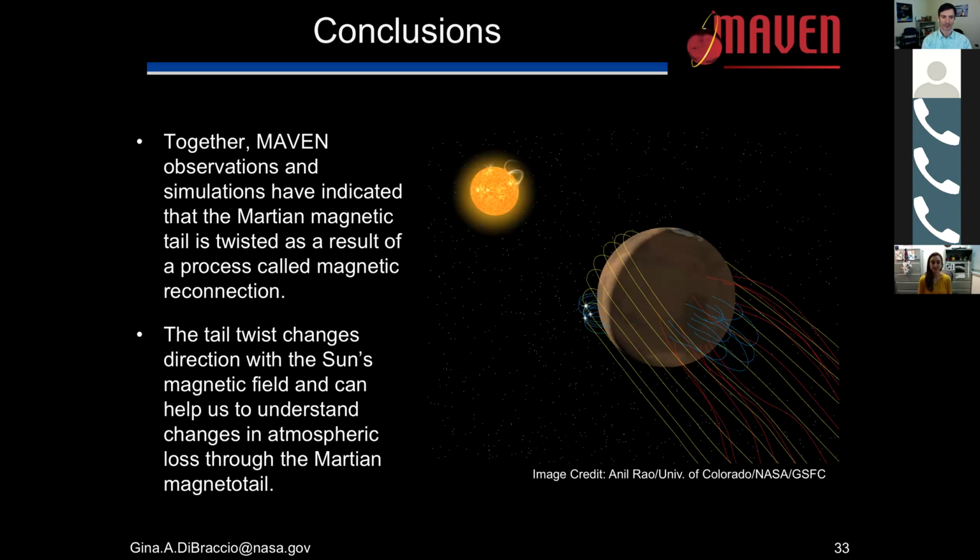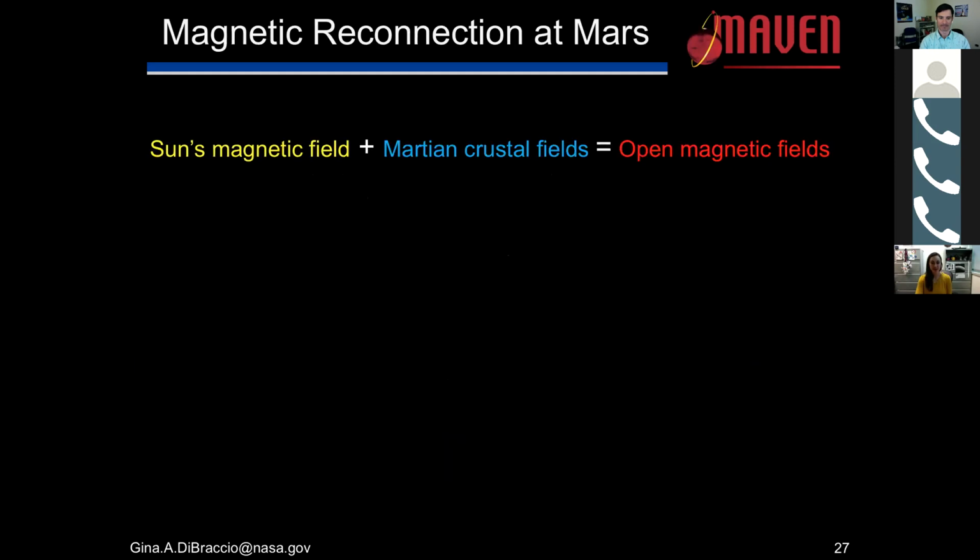Great. I'll fold a few questions into one here, but several folks have asked for human exploration, would it be ideal to set up a Mars base in one of these remnant magnetic field bubbles? It seems nice to live there since there'd be slightly more radiation shielding. And then is Curiosity, as far as you know, is the Curiosity rover under any of these remnant magnetic field bubbles? Great. So I'm going to just back up all the way